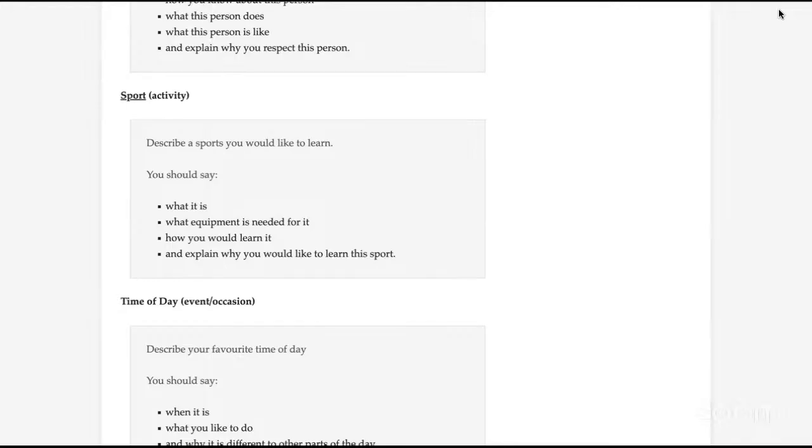Okay, ma'am. I am here to speak about this cue card. I would like to learn more about cricket because cricket is my favorite game. I remember when I was a child, I often watched my seniors in the playground, and they played in different teams. I often liked to play with them. But when I tried once or twice, I didn't play well. So I felt I couldn't play cricket because I believed that only some specific people play cricket.